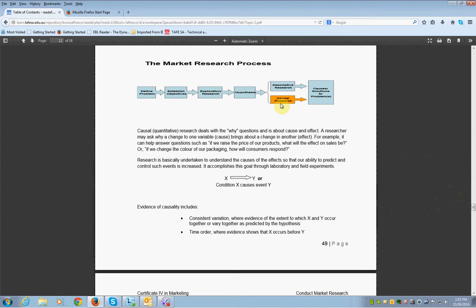And you could try and do so. You could measure sales before you lower the price, and then you could try and lower the price and then measure sales and see what happens. So you might have a hypothesis about what will happen if you do a certain thing,